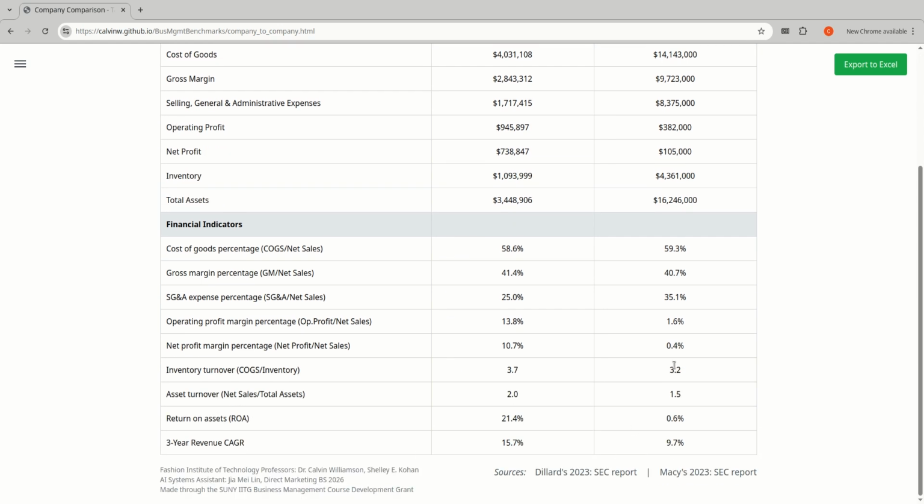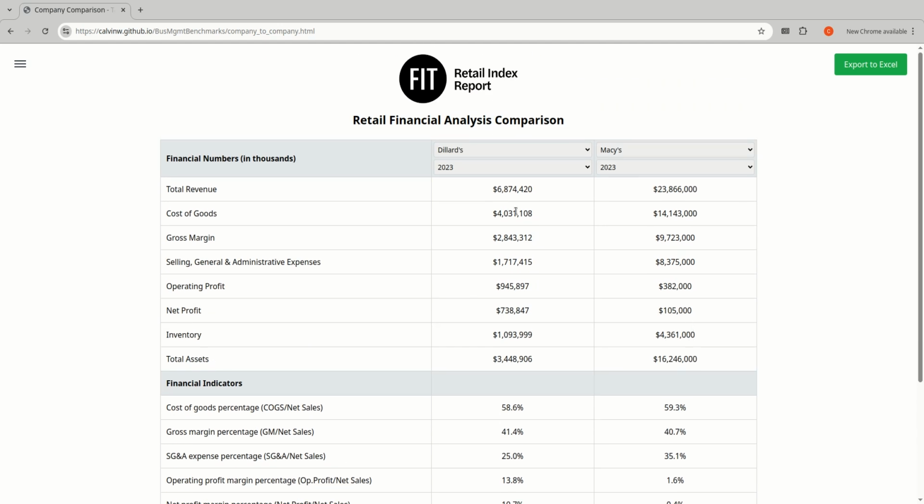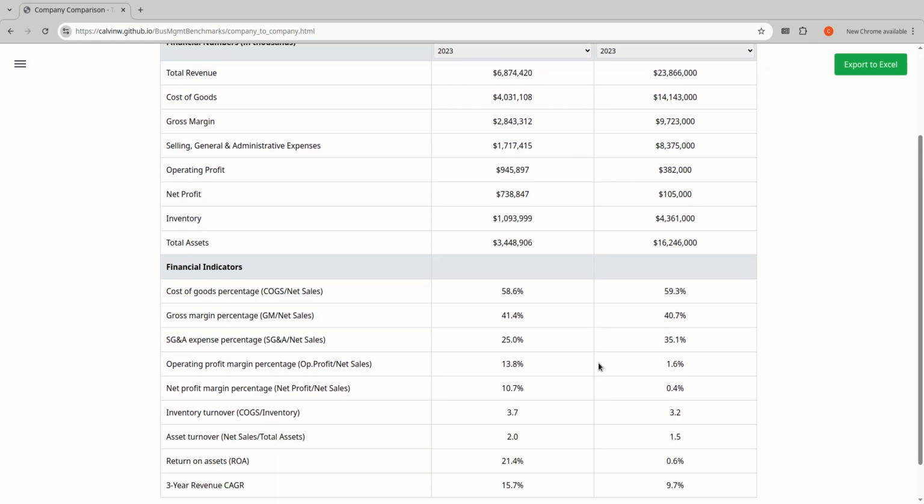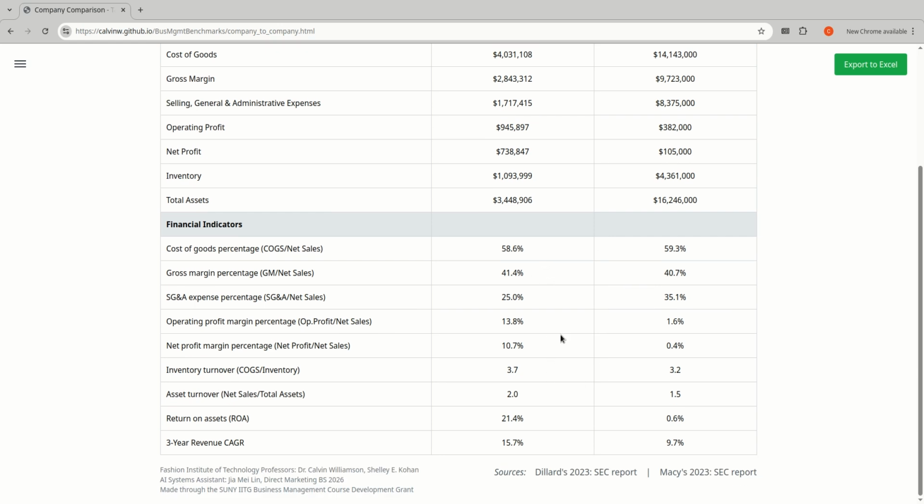but then also, what's more pertinent for comparing the 2 companies might be these ratios down here. So you might not care so much about the total volume of the different financial numbers up here, although you might care about that and talk about that. But in terms of which company is performing better given where they're at, maybe these ratios are better for you. So here are these financial ratios and calculations that we're talking about,